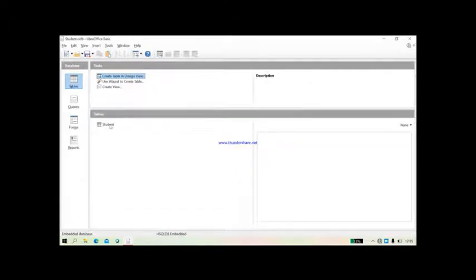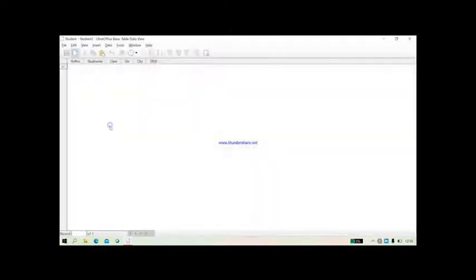Now, to insert minimum 8 records, just double click on the student and you will get the view of entering the data. Enter roll number 1, the student name, write down the student name, class 12, division A, city Pune, date of birth you can write 2/4/2003.